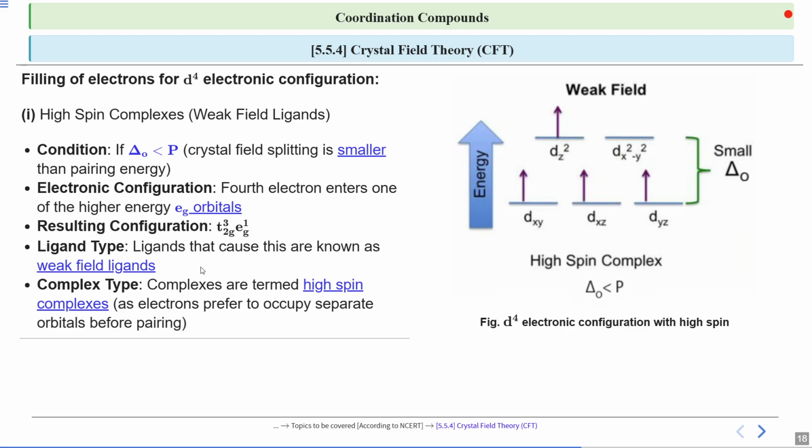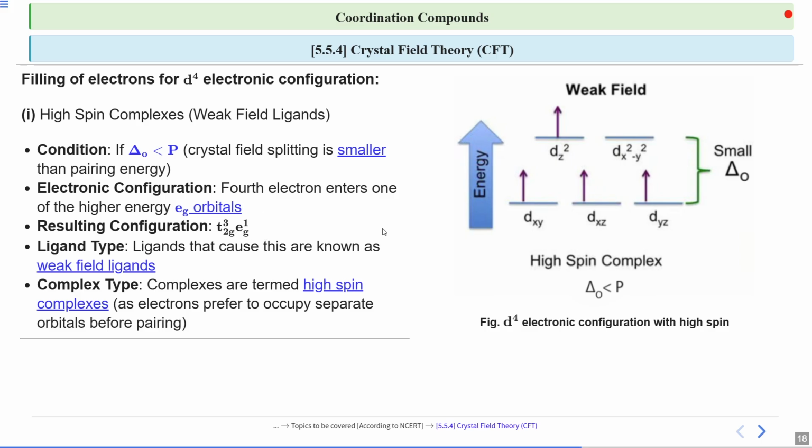The complexes are termed high spin complexes because the electrons prefer to occupy separate orbitals before pairing up with another orbital. They prefer to go into another orbital rather than pair with some other orbital. So the complex type in this case is high spin, which forms due to the presence of the weak field ligand, which causes electron filling into the higher energy level, that is the EG orbitals, due to which we obtain the resulting configuration